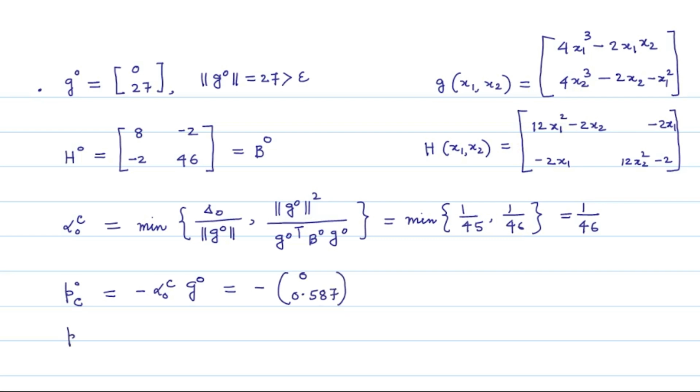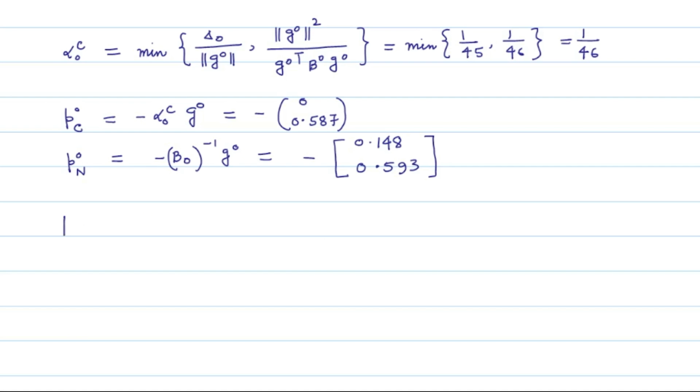And the full Newton step is, let us calculate the norm of p_0^C, which is equal to 0.587, which is less than delta_0, because delta_0 is 3/5, which is 0.6. And also you note that the norm of p_0^N is equal to 0.611, and therefore